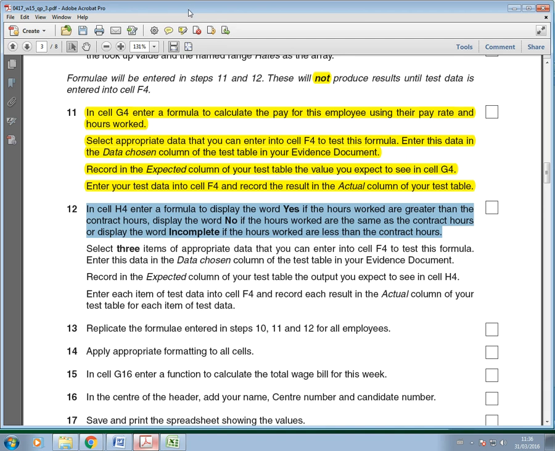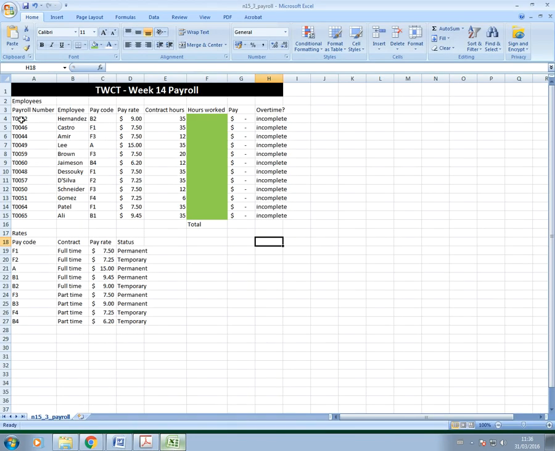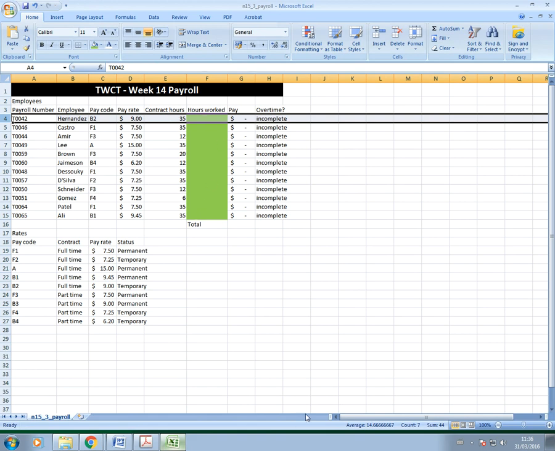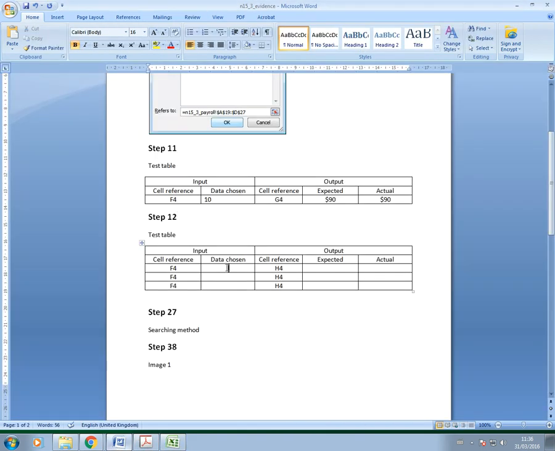Let's highlight this. Okay, then it says select three items of appropriate data that you can enter in F4 to test the formula. Enter this in the data chosen column of the test table. So we're testing three different things here. We want to see that the yes condition works, the no condition works, and the incomplete condition works. So the first one I'm going to put in for my test data is maybe something that's greater than the contract hours. And if I'm doing it for Hernandez in this row, contract hours are 35. So my first test is going to be